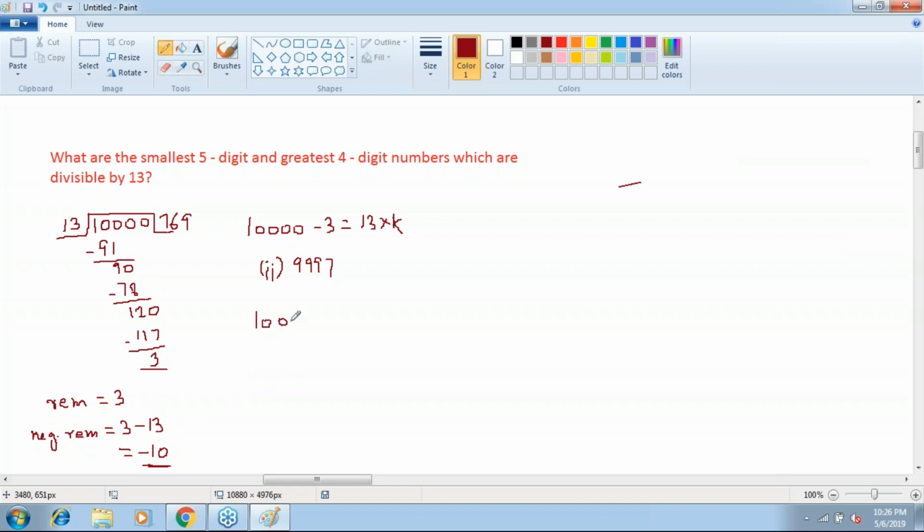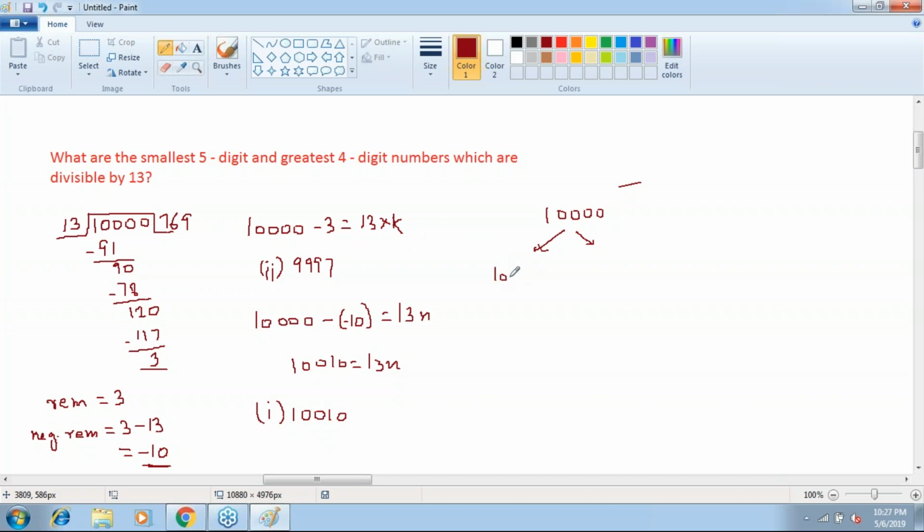Further, from the number, if I subtract the remainder, I should get a multiple of 13. So 1, 0, 0, 1, 0. This should be a multiple of 13, and yes, it is. So the answer to the first question is... okay. So now you get the right idea: if you want what should be subtracted,